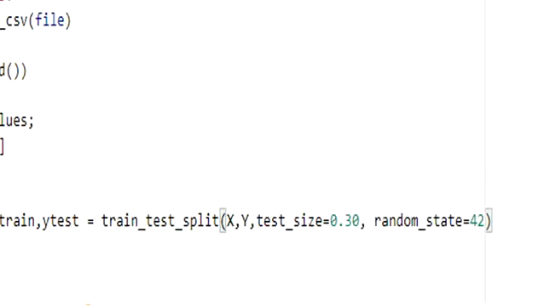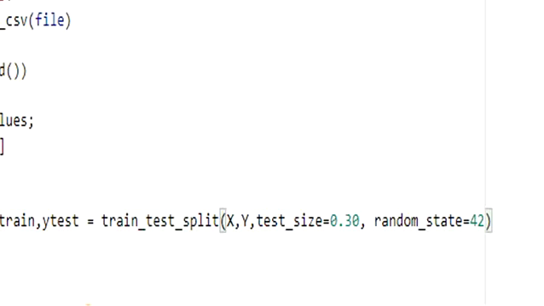The parameters that I pass are the X and Y values from which to collect data, and next I specify the test size, and we'll say that the test size is 0.3. This would mean 30% of our data. And then we say randomize or randomly